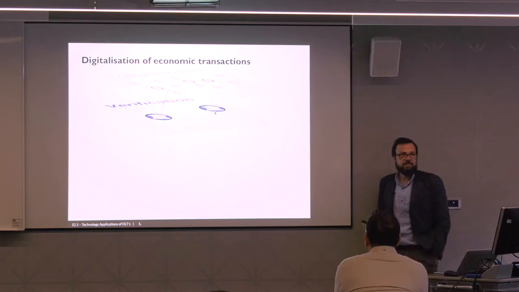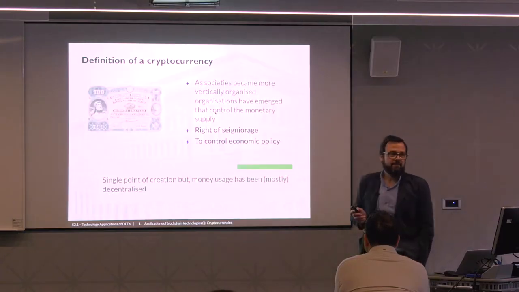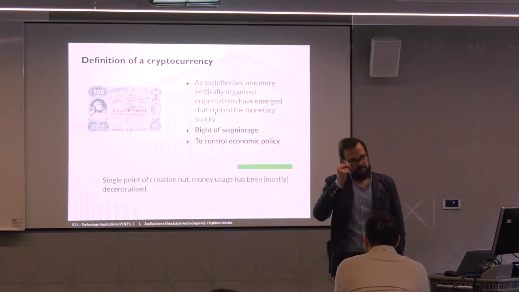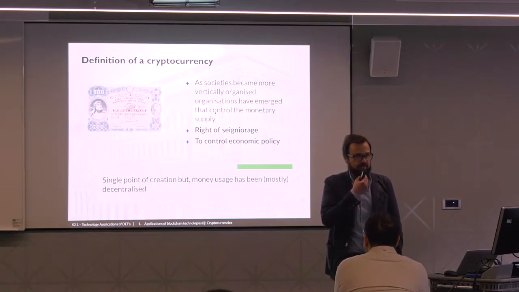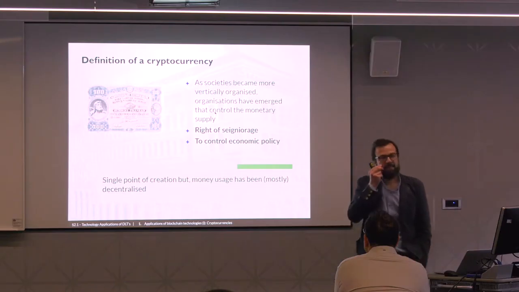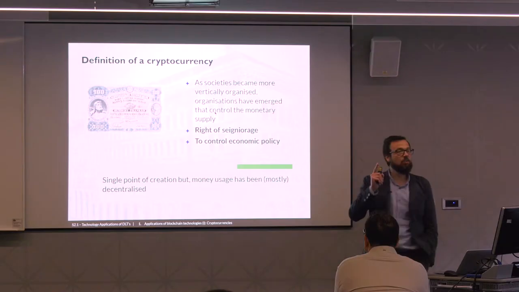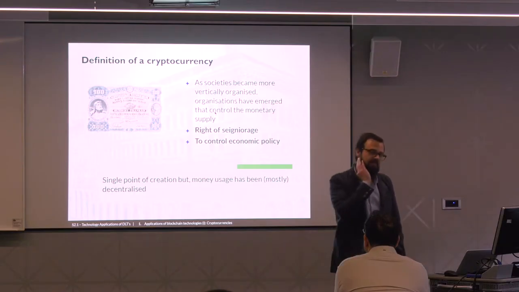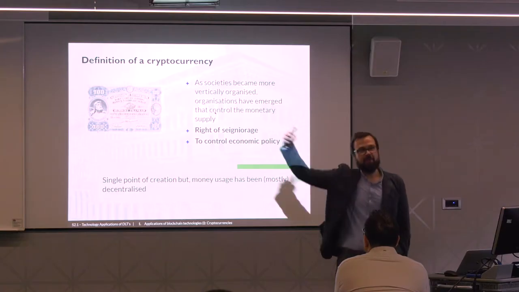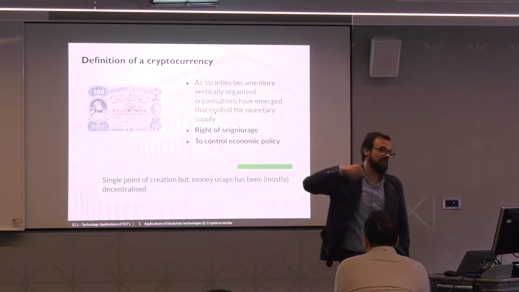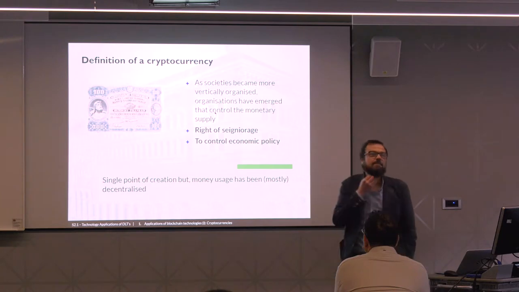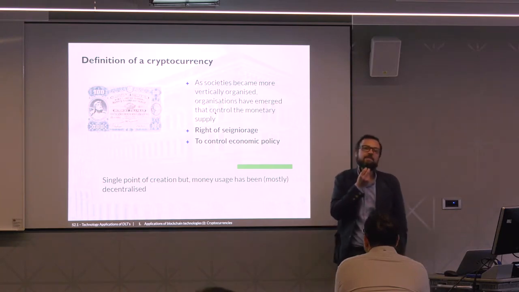Can I ask? But we are not really trusting the instrument. We are trusting that this is a promissory note, right? So we are trusting the central bank. Absolutely. Eventually it is going to pay us something. Not with fiat currencies. With fiat currencies, we don't have any promissory value from any third party. But this is a promissory note, right? It says the central bank is promising that it's going to give you that value, right?